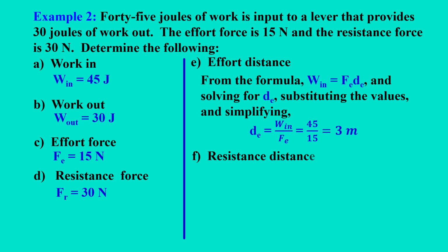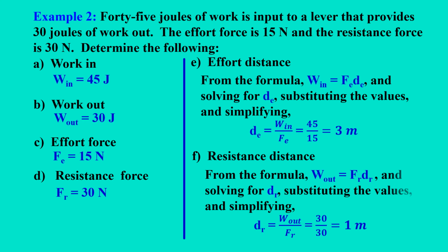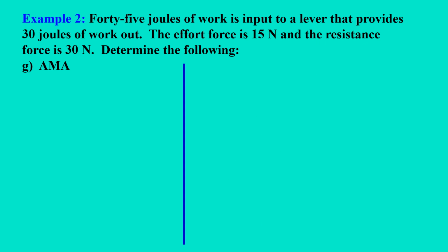The resistance distance. From the formula, W out equals F sub R times D sub R, and solving for D sub R equals W out over F sub R equals 30 over 30, which is 1 meter. Letter G,